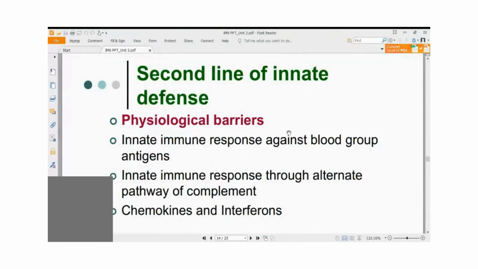Now let us take the first example of innate immune response against the blood. Okay, our body defends entry of blood of any other blood group other than our own blood group. We tolerate transfusion of blood of our own blood group, but not any other blood group. That is an innate mechanism. And you know that it is always advisable to transfuse the blood of the same blood group into an individual